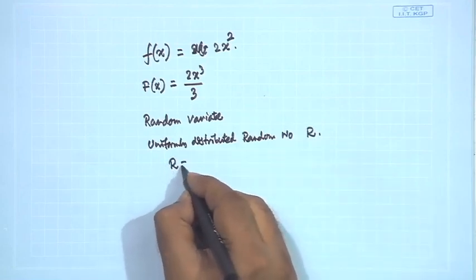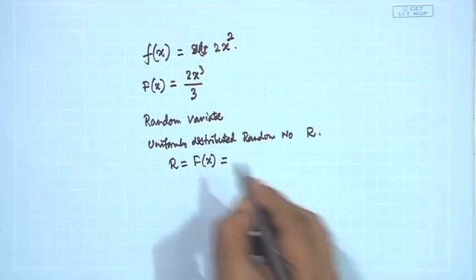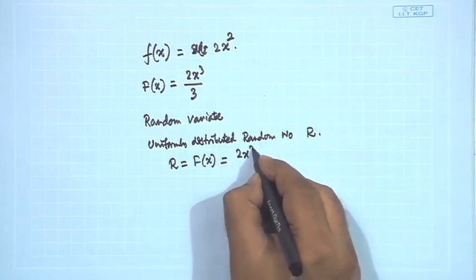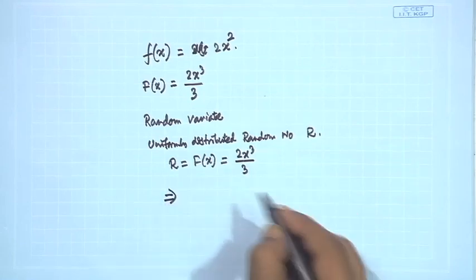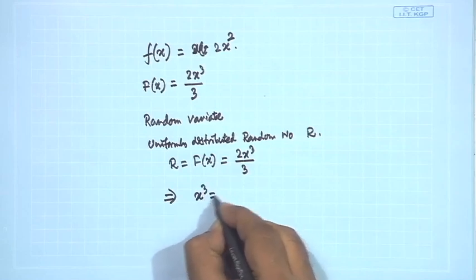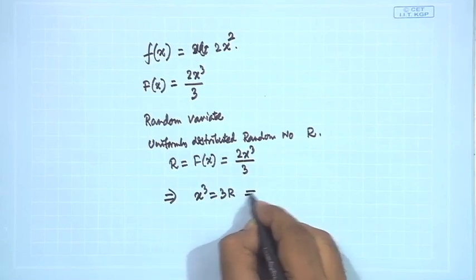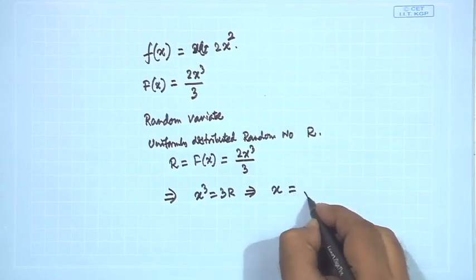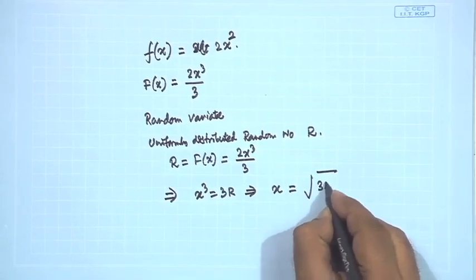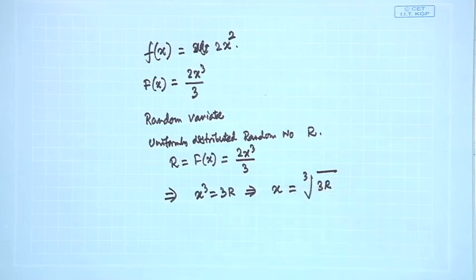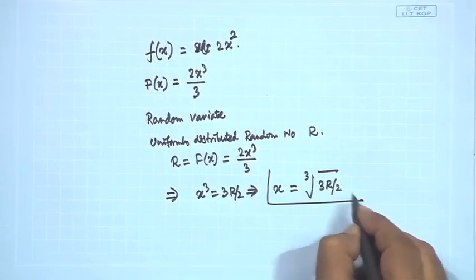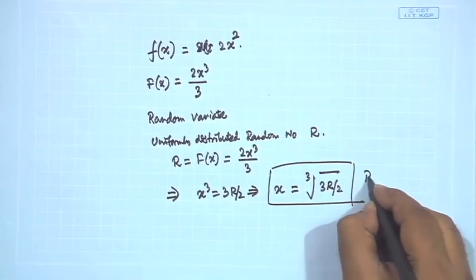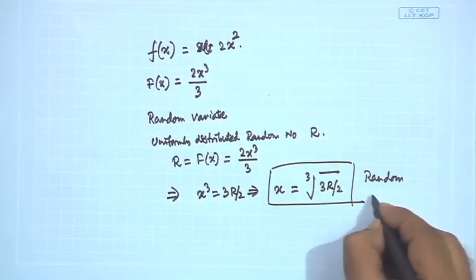So, r equal to F(x), that is the inverse transform, 2x cube by 3, right. So, from here we get x cube equal to 3r by 2, or x equal to the cube root of 3r by 2, right. So, this is going to be our random variate for the given distribution,